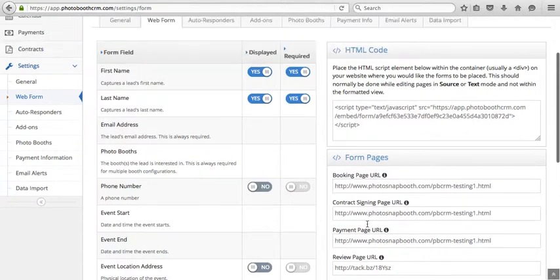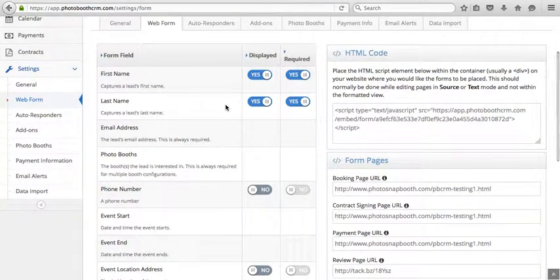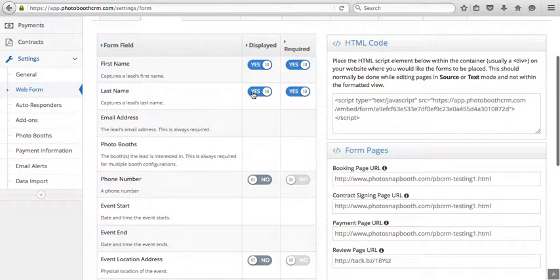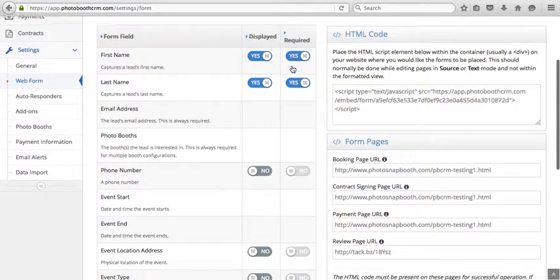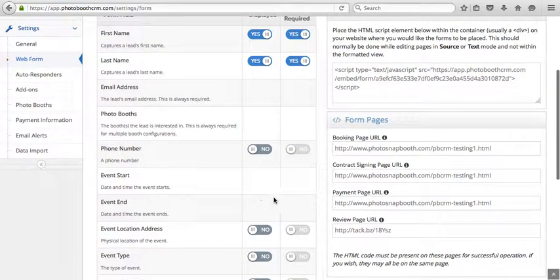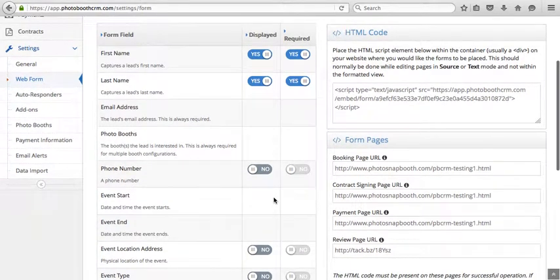You'll see here that you can actually select what fields you want the form to display, and it defaults to having the first and last name displayed and required. There are certain things you'll see that you don't have an option. It's required. You obviously need their email address in order to facilitate the entire process. You need them to pick a booth and select the start and end time. So those you don't have the ability to select,